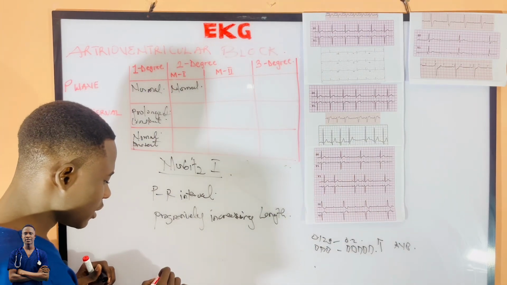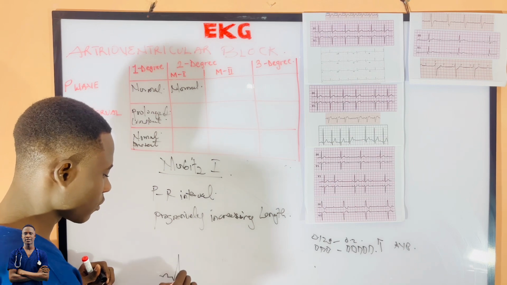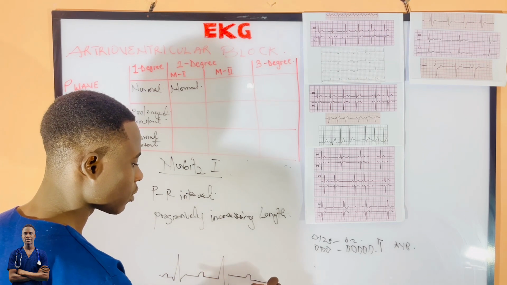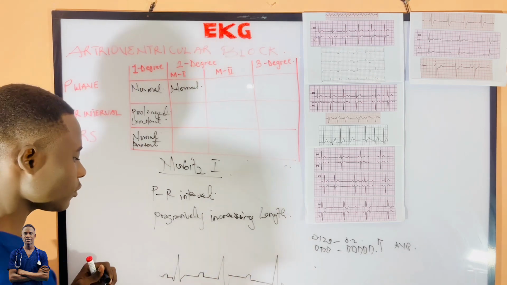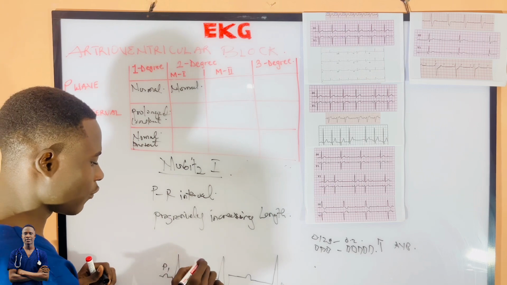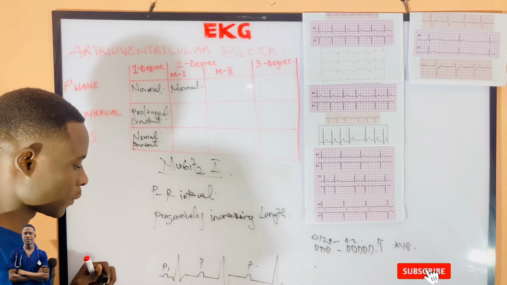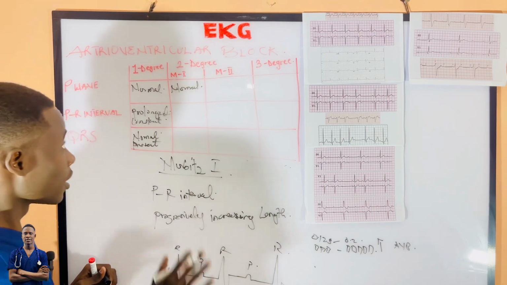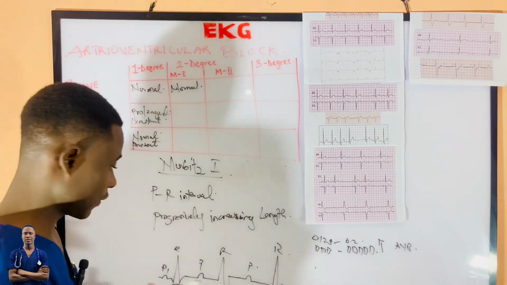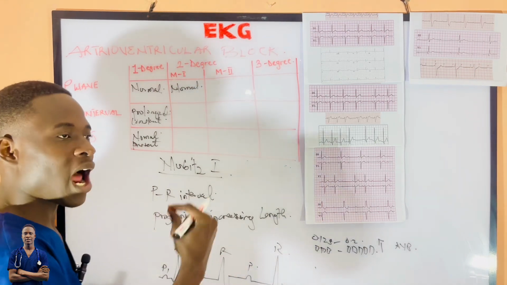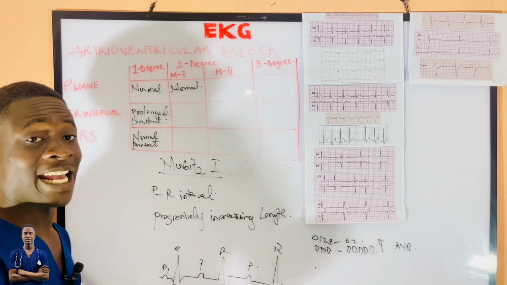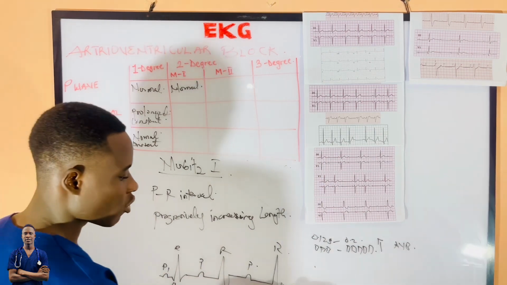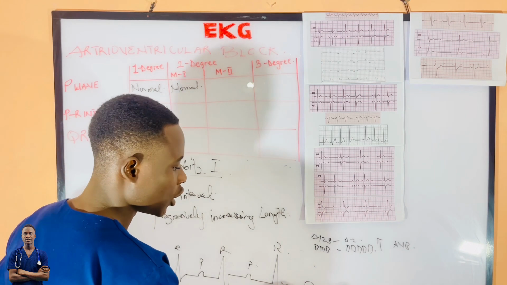So for that one, assuming you have your P wave, we have our P wave over here, our 3 P waves over here, and then we have what? Our QRS complexes over here. For the Morbius 1, the PR interval will be what? Increasing. It's in the form of a cycle. It will be increasing until there's what? A drop in beats. Now, when you talk of a drop in beats, it means until you find a P